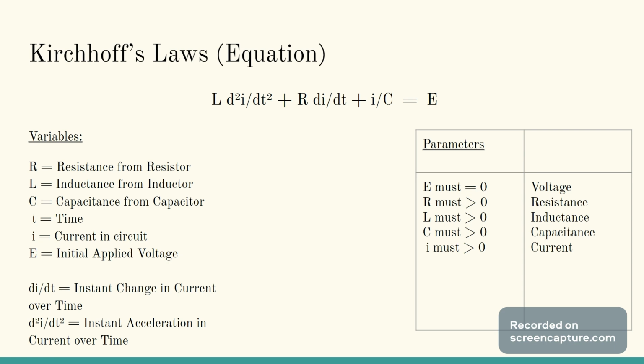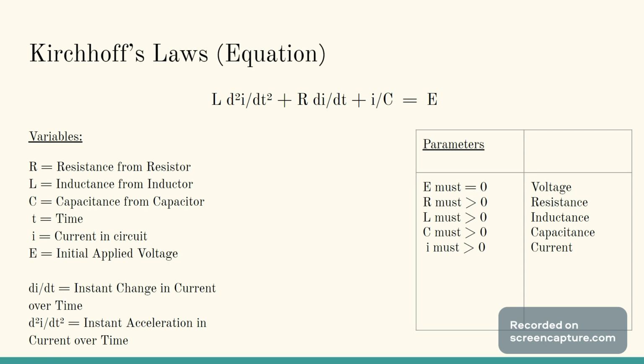Kirchhoff's laws are a fundamental principle in electrical circuit theory that is used to describe how electrical currents and voltages behave in a circuit. Kirchhoff's laws contain two parts, the current law and the voltage law. However, we will only be looking at Kirchhoff's voltage law, which states that in a closed loop circuit, the sum of voltages must be equal to zero. And on screen, you can see the equation from Kirchhoff's voltage law,